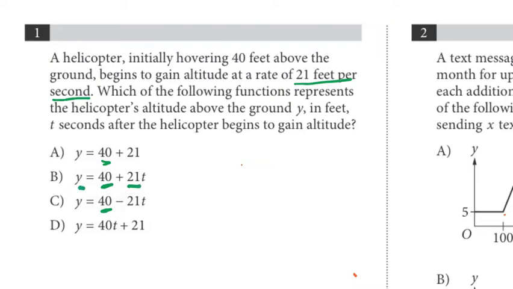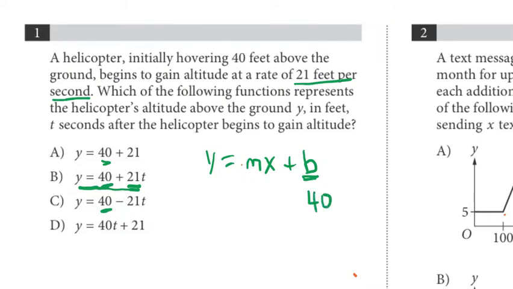So when I said the equation of a line, this represents the equation of a line in slope-intercept form, y equals mx plus b, where m is the slope and b is your y-intercept. And the y-intercept is always the starting point, so in this case, they just did it a little out of order. That's the 40. And the slope is the increase that we get every time we move one unit up